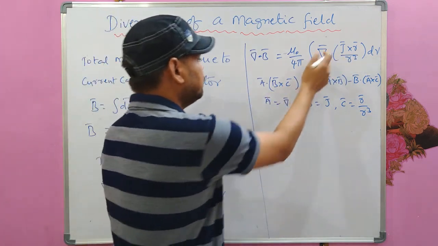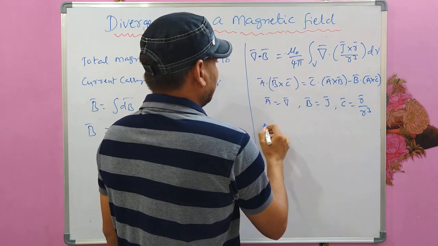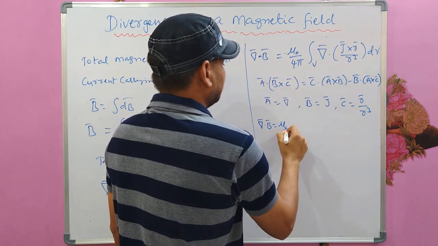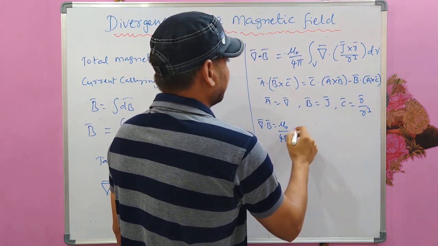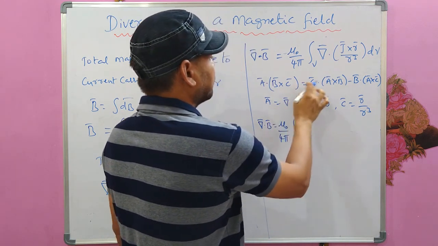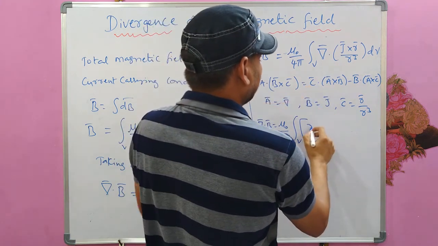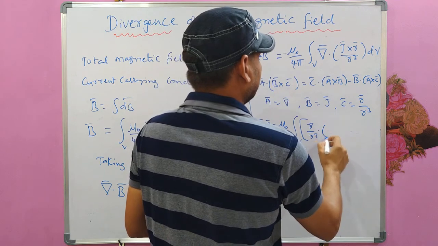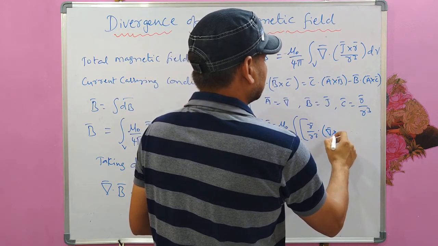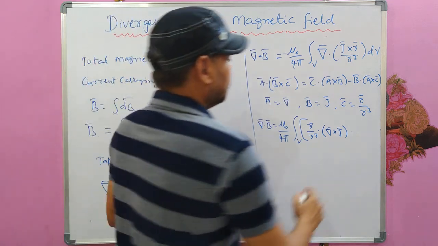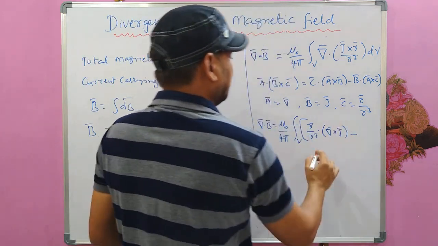Using this formula, del dot B is equal to mu naught by 4 pi integral over V. What do we get? C is R bar by R cube dot A cross B, del bar cross J bar minus B is J bar,